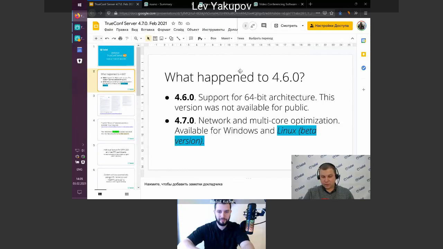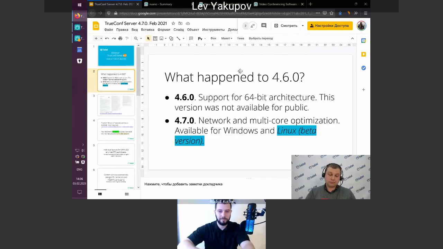Version 4.6 existed only during the last quarter of 2020, and after the release of 4.7, it doesn't exist anymore. We decided to give the new version a new number because a lot of things changed in 4.6 and a lot of things changed in 4.7.